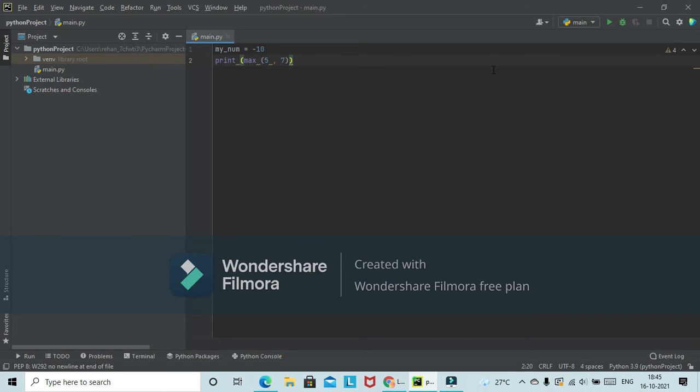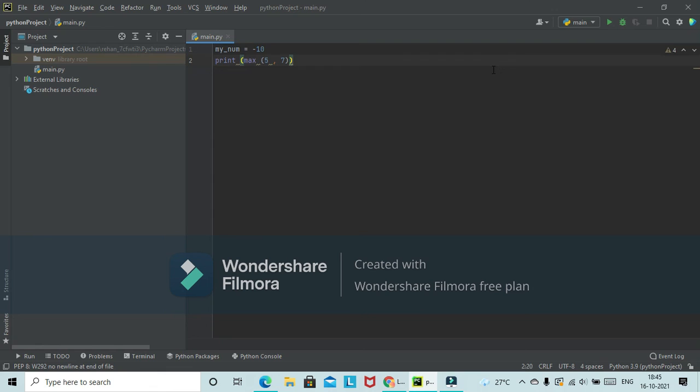In addition to using this power function, we can also use another function called max. I could say max, and what this is going to do is return the larger of the two numbers that we pass into it.